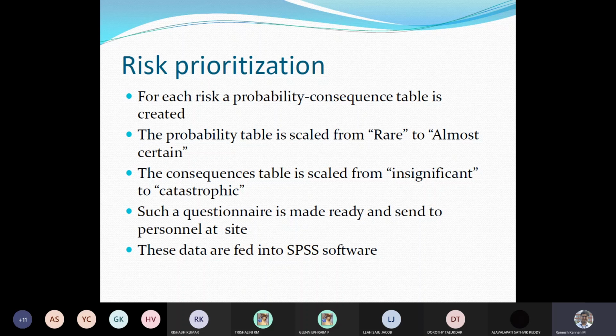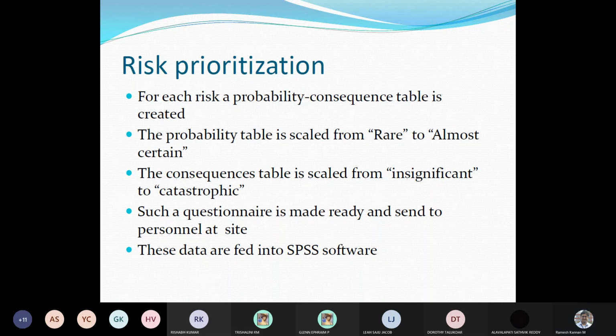But then the severity may not be the same. Suppose a rare risk can cause huge distress to the company itself, right? Then it comes under severe, but in terms of occurrence it will be rare. So you cannot always ignore any type of risk. All the risks are serious and you have to deal with them, but the severity of that risk needs to be understood,